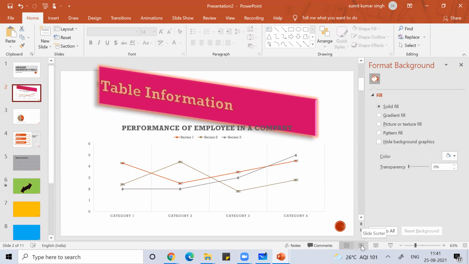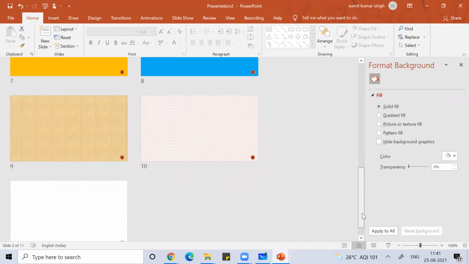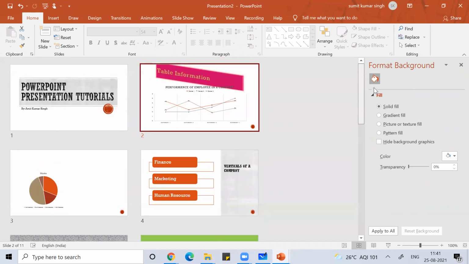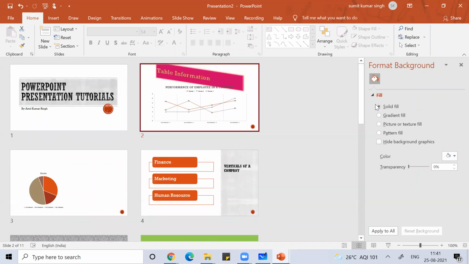If you click on slide sorter, you can see the same thing.